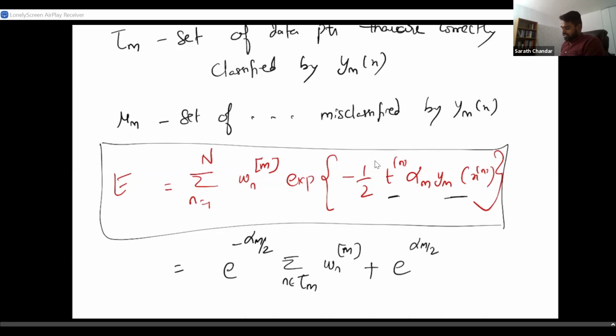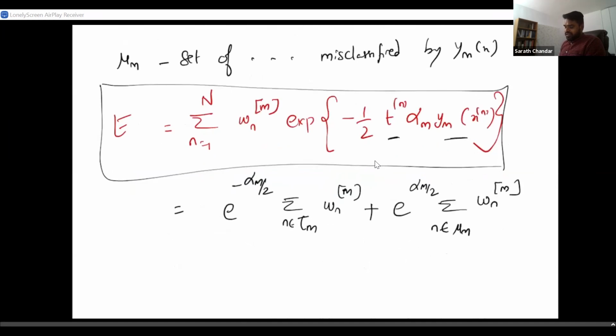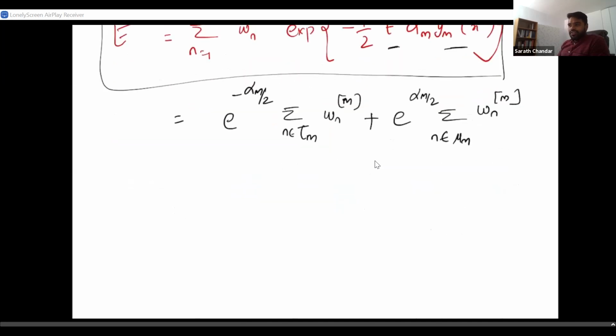For all the examples in the misclassified set, there will be a minus, and minus into minus is plus. Now I have basically divided the error into two parts, one for the correctly classified set and one for the misclassified set. Now I'm going to do a bit more reformulation here. I'm just rewriting this, and once I write it, you will understand that they are the same. So e power alpha m by 2 minus e power minus alpha m by 2,